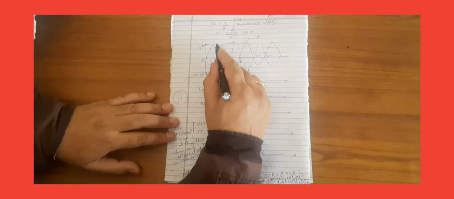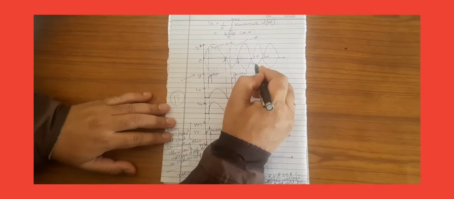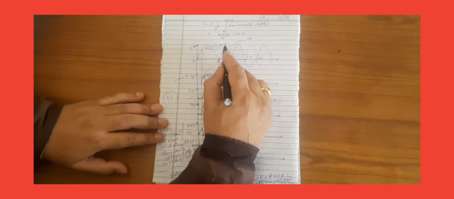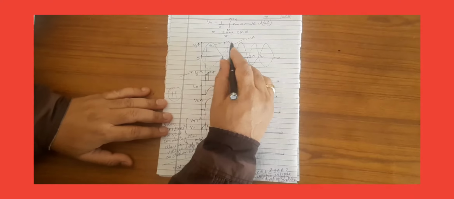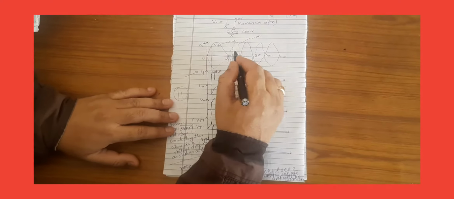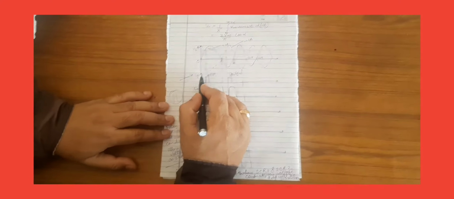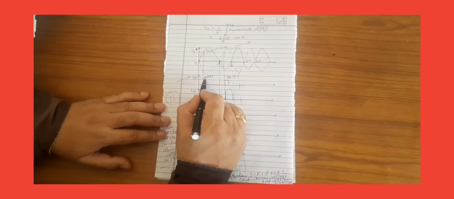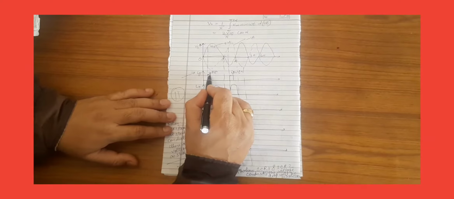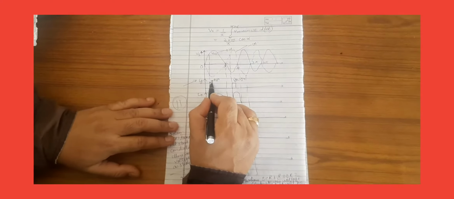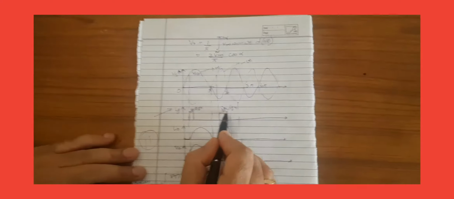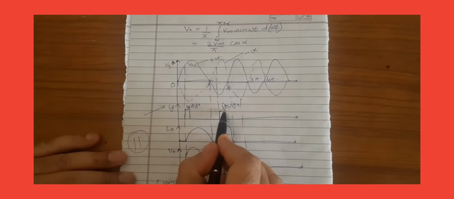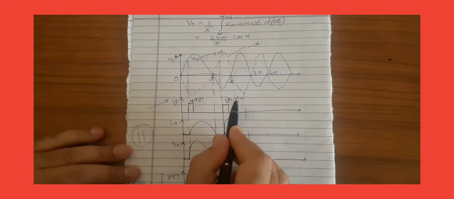First, this is for the positive half cycle, that is T1 and T2 will conduct, and this is for the negative half cycle, that is T3 and T4 will conduct. Now we are using the 4 thyristors, so we have to apply the gate pulses, that is Ig1 and Ig2 for T1 and T2, and for T3 and T4 we have applied Ig3 and Ig4.